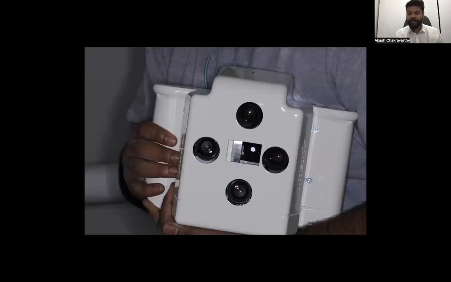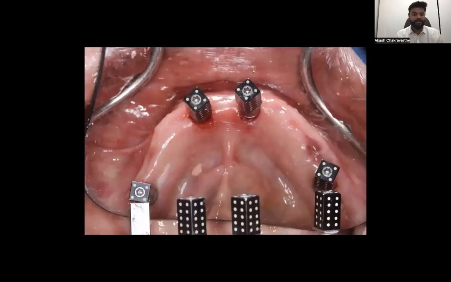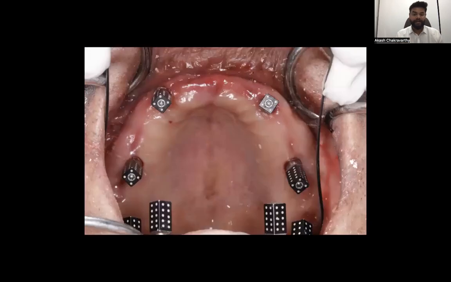Now, how we take our open tray impressions or our implant impressions is through a device called iCam 4D. So what we do is we place scan bodies on top of the implants and capture the three-dimensional positioning of the implants. After the three-dimensional positioning of the implants is captured, since we have already converted the prostheses, we take the scan of the converted prostheses. So in one single day, we get the whole idea of the VD, vertical dimensions, jaw relations, and implant positions. So we have all three in one sitting.